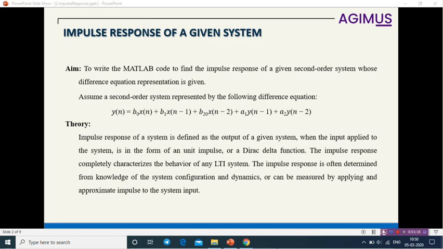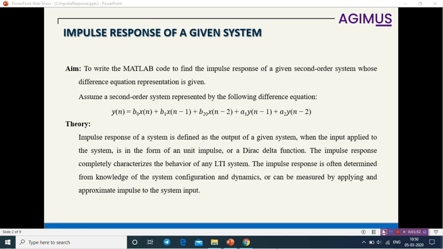Now when you look into the impulse response, we have to check whether the system is modeled as discrete or continuous time. The impulse response can be modeled as a continuous time system or as a discrete time system. So those are the two cases which we can use. Any system in the large class known as linear time invariant, that is LTI, is completely characterized by its impulse response. So that characterization happens because of the impulse response.